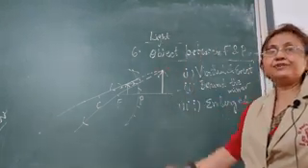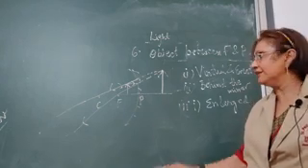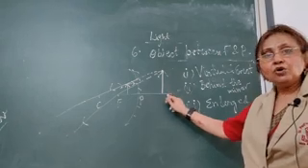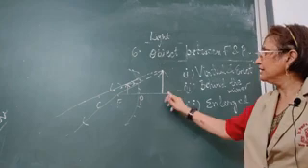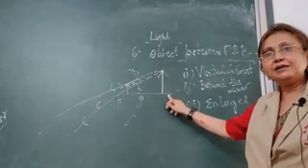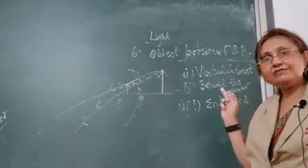So for the rest 5 different object positions, the image formed by the concave mirror is real and inverted, but only when the object is placed between pole and focus, the image is formed behind the mirror, and behind the mirror the images which are formed are virtual and erect.